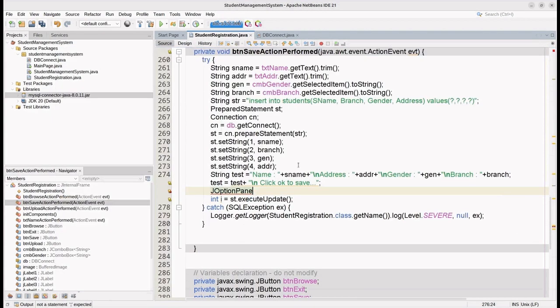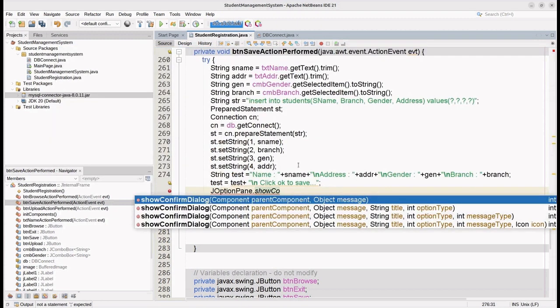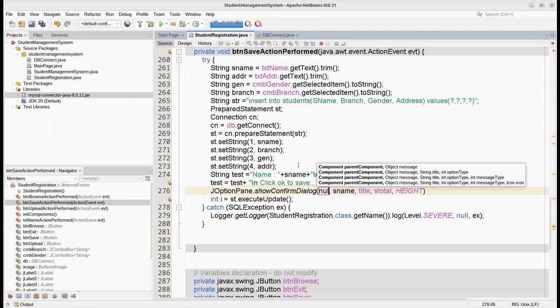So JOptionPane.showConfirmDialog. Now, for the confirmation dialog, the first argument is the root pane, which you can get its name, or null. What message you want to verify is the test. What string you want as the title, let it be something like verification. Finally, the last thing is related to how you want to display the buttons,